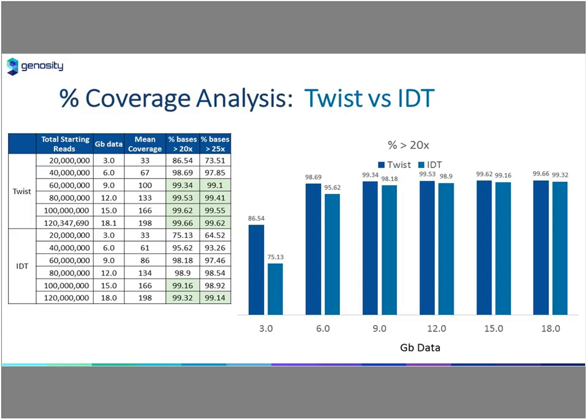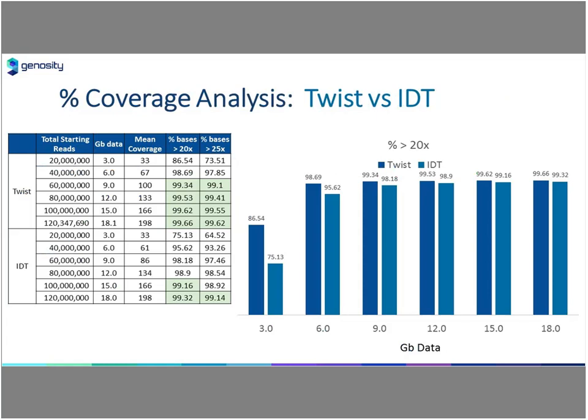Here's real-world data for us in this downsampling arena, looking at the performance of the Twist chemistry with the Twist library prep versus our optimized chemistry and optimized version of IDT. And so on the right side here in the figure is the percentage of the target regions covered to 20x. And what we can see is when we get to about 15 gigs of total data, both applications are in that 99% range. However, with our IDT experience, we start to see 98, 98, 95%